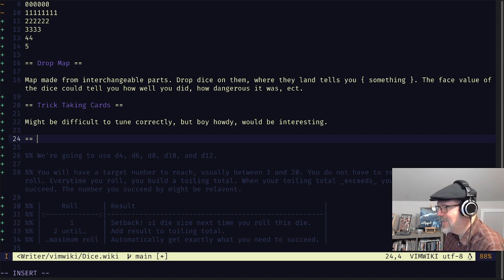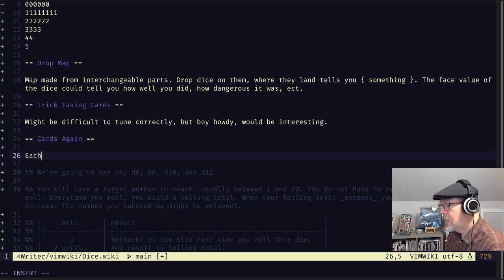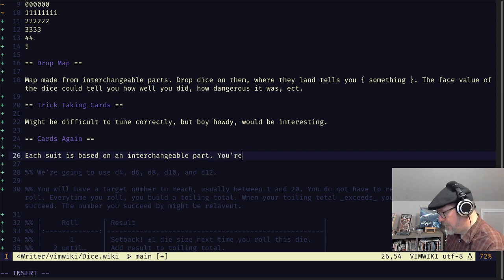Let's see here, cards again. All right, so each suit is based on an interchangeable part. You're dealt, say, 5 cards, right? There are 5 suits.